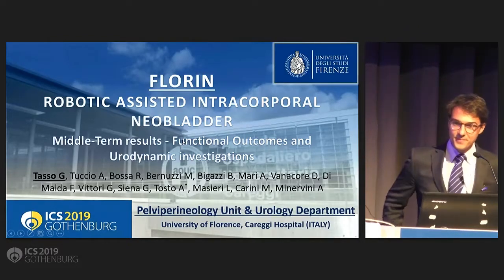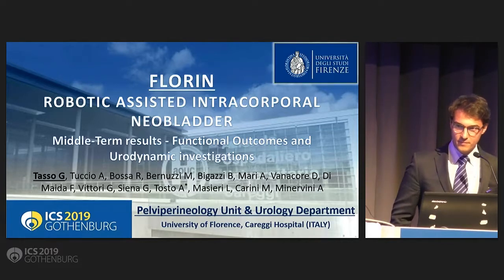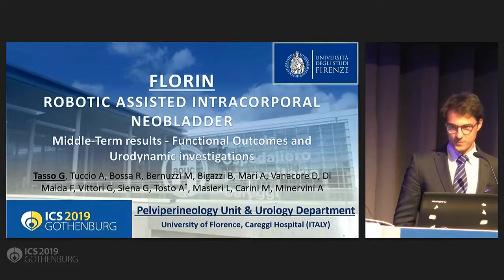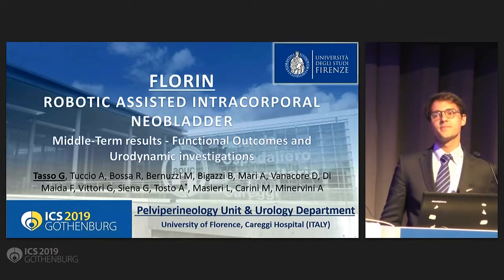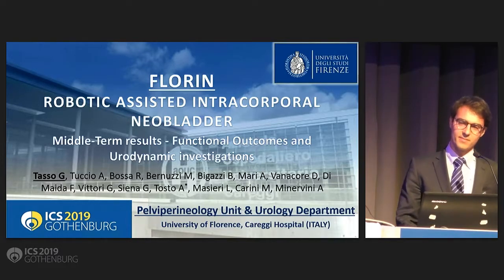I think this is fantastic. My one comment is you did say that 6 months you felt was enough time for recovery. I'm not quite sure I agree. When you do a radical prostatectomy and then you're doing the recovery after that, it's at 6 months really that it starts, basically because of the re-innervation. And you do describe a significant difference in your leak point pressure. So I wonder if you could explain a bit about the duration of recovery that you allowed before measuring the